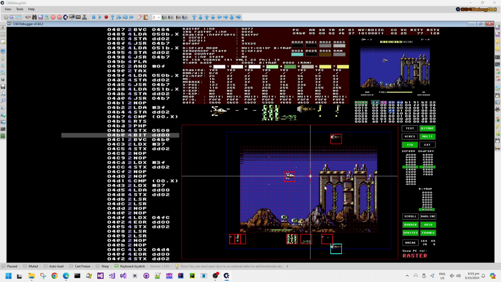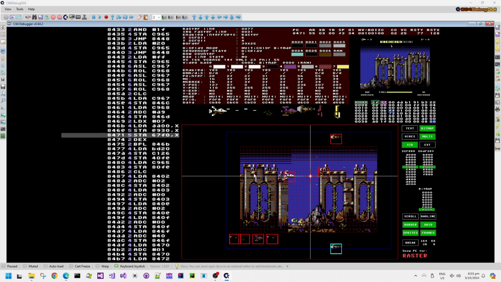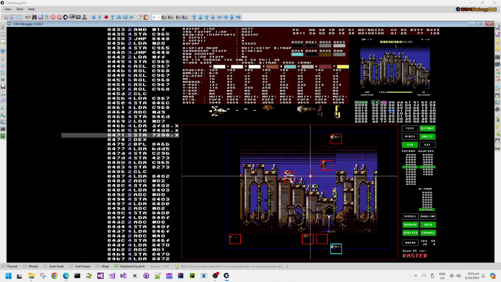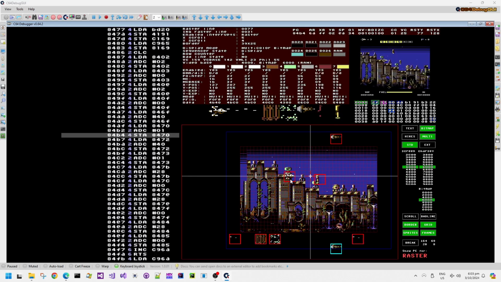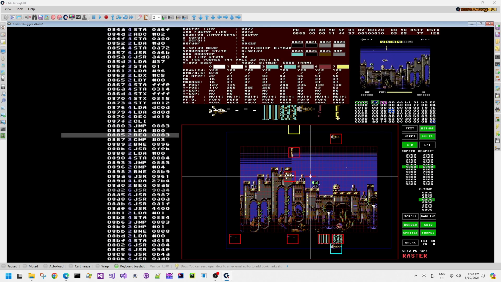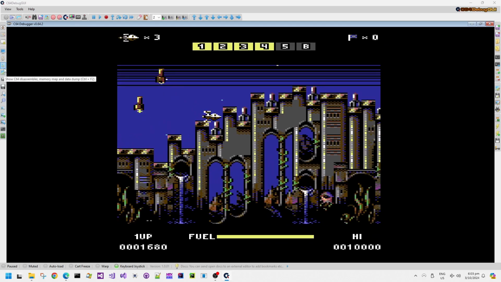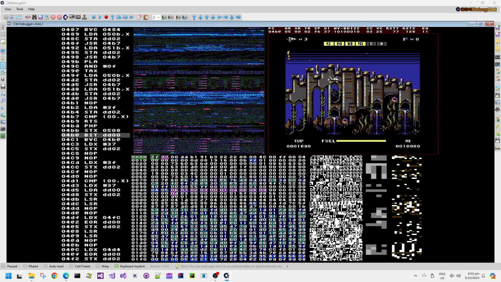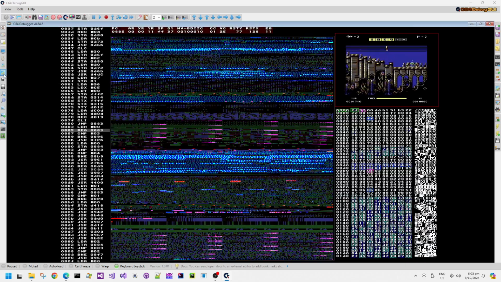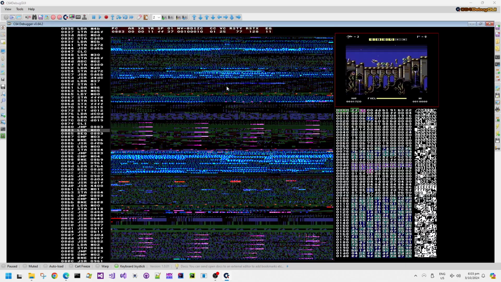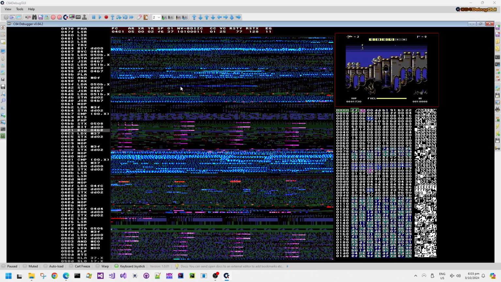We can see this draw coming in. Look, you can see it very clearly there. The vertical left to right wipe, if you like, across the screen, just drawing new data coming in. Now, we can see that there's a whole bunch of areas in memory being written to, and there's an area of